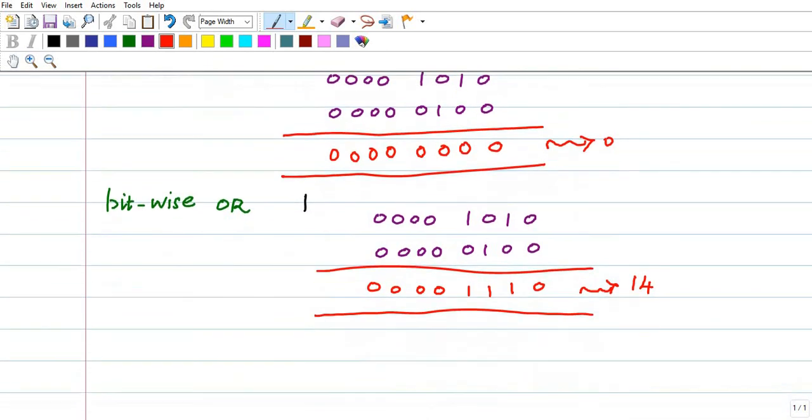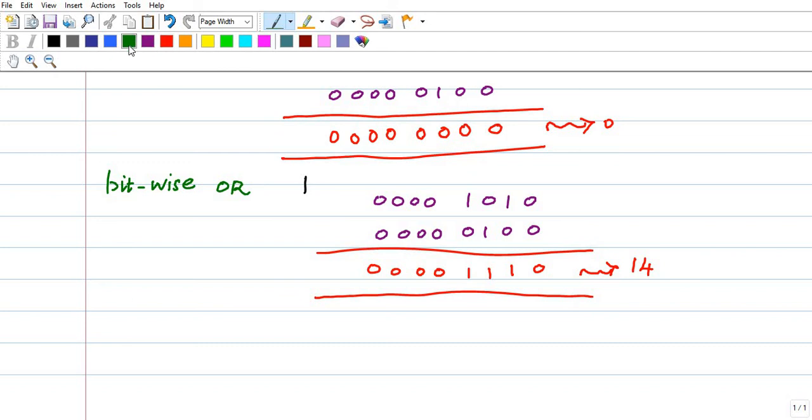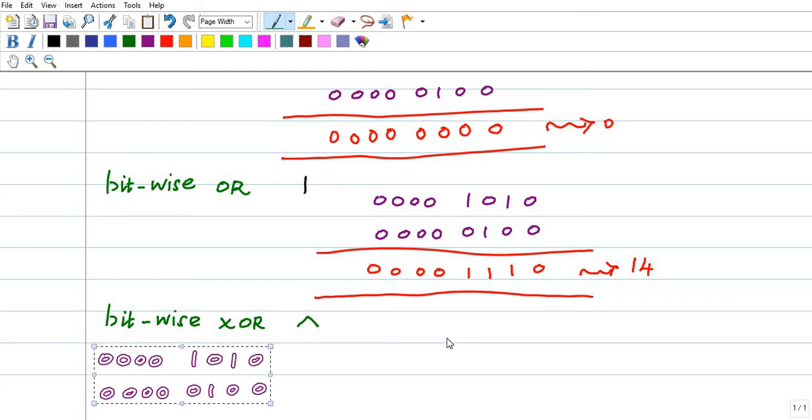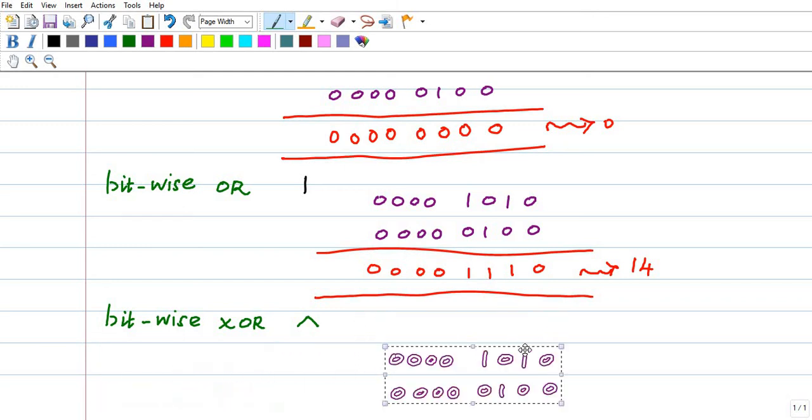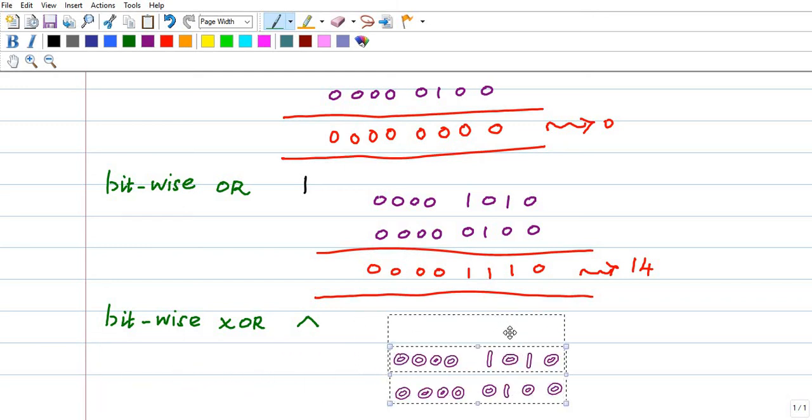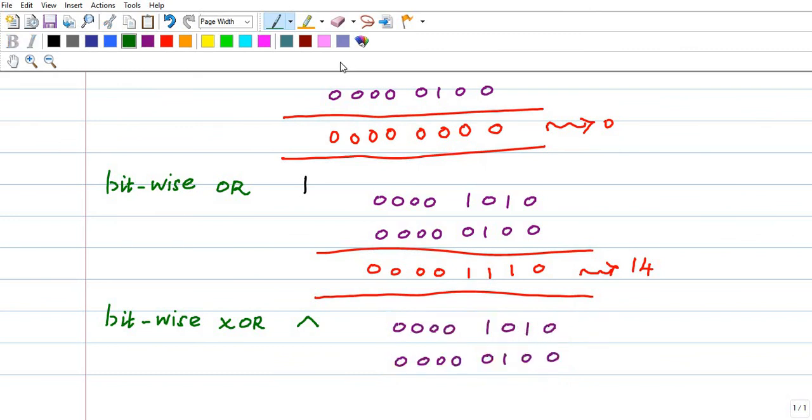Then the next operator, bitwise XOR. I'm going to use the hat symbol, also called cap, whatever you want to call it. This will perform bitwise XOR. I'm taking the same x and y, and these are their binary equivalents.